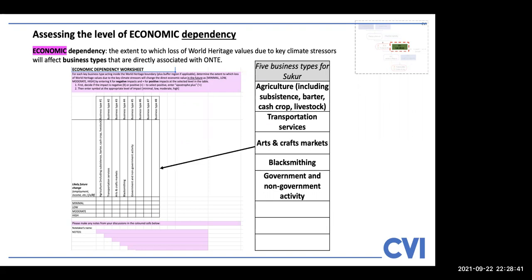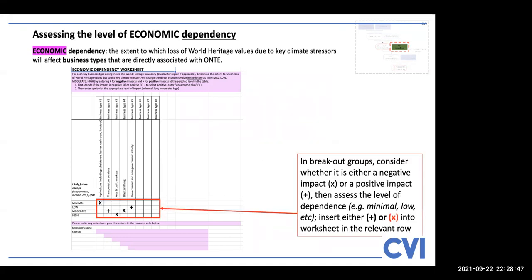Those 5 business types are put into columns in the table. The next step of the assessment is to consider the level of dependency. And there are clear instructions in the workshop. We look at the future impact on businesses using a 2-step process. The first step is to decide whether the loss of World Heritage values due to climate change, the key climate stresses,